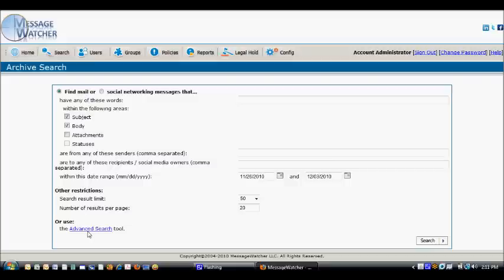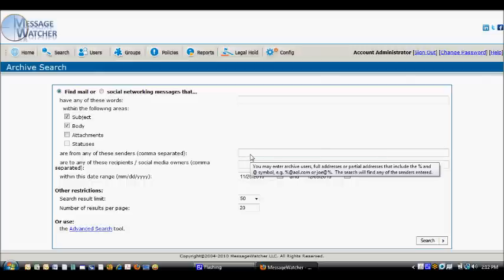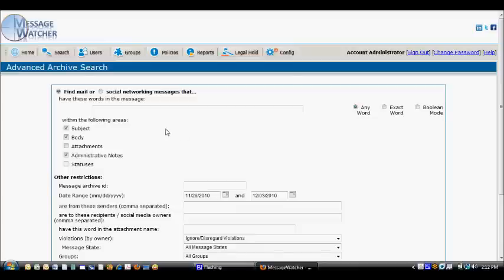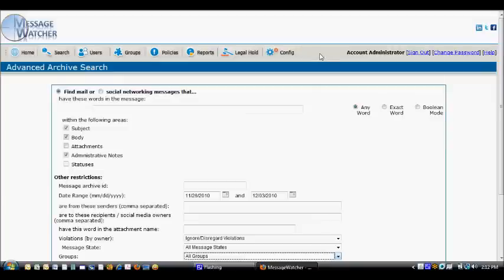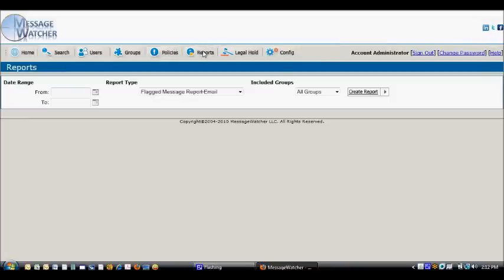So for the archive piece, initially, what you use is the search tab. And then the advanced search tab is what you use for more complicated searches. And in both areas, you can look by keyword, by date range, by senders or recipients. And you can use wildcards to broaden your searches. And here's the advanced search screen, which allows you to break it down into groups, folders, other areas such as